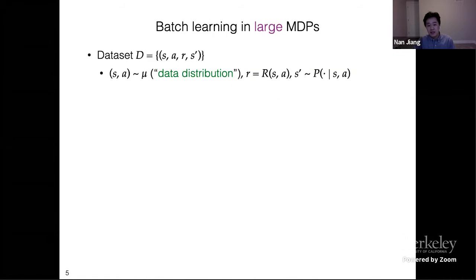Okay, with that standard setup, that's the standard MDP planning setup. But we're here interested in the learning, in particular the batch learning setting. So first of all, we'll have a batch data set consisting of SARS prime tuples. And for simplicity, I'm going to assume the very standard offline sampling protocol where state action pairs are drawn from some data distribution mu, and the reward and next state are generated according